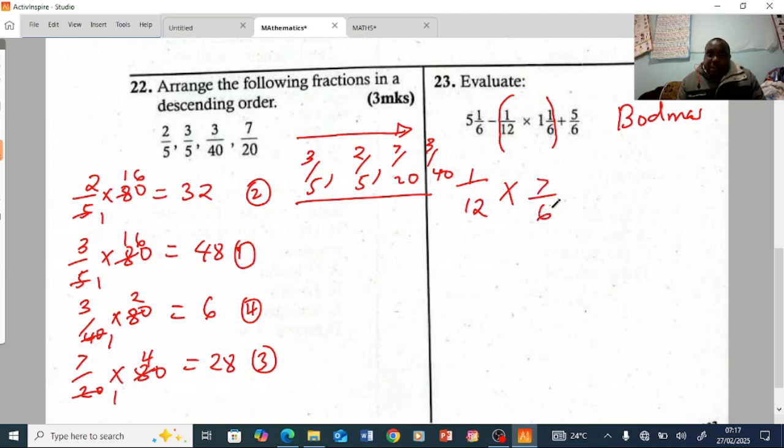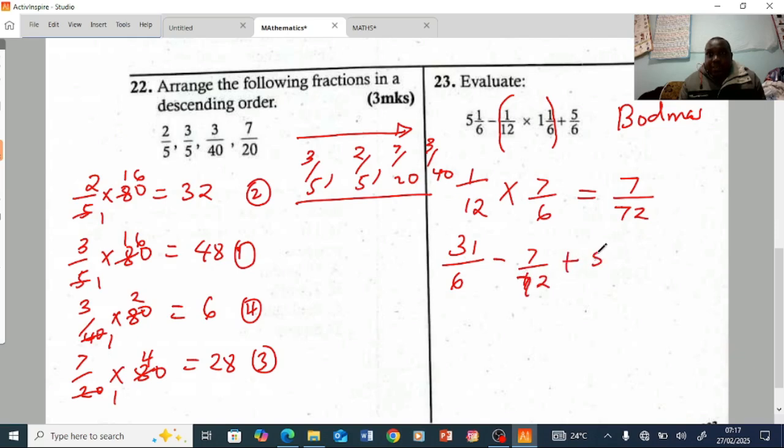Now, is there a number which divides both of these? There is no number, therefore we multiply, that is 7 over 72. 12 times 6 is 72. Now we rearrange the numbers, we can change this into improper. This is 30, 31. 31 over 6 minus the answer, which is 7 over 72,